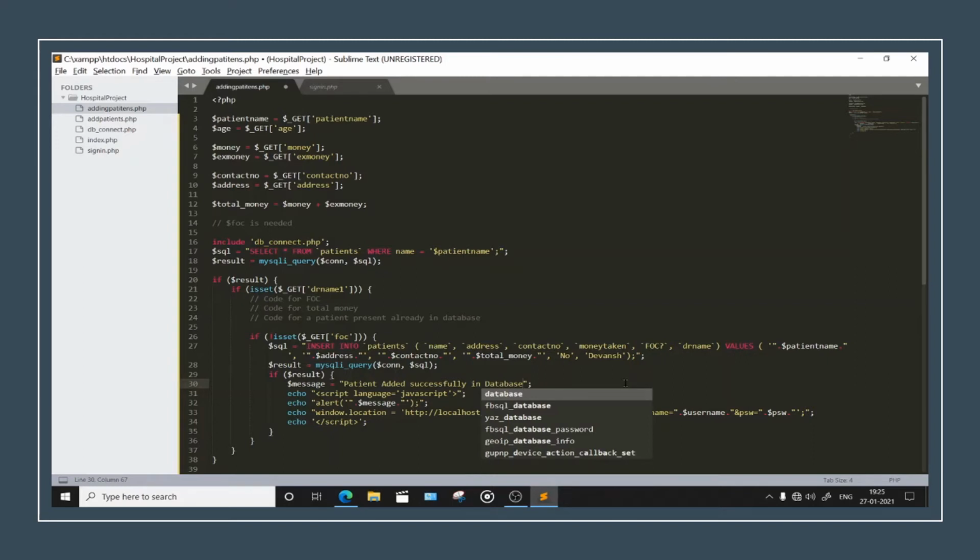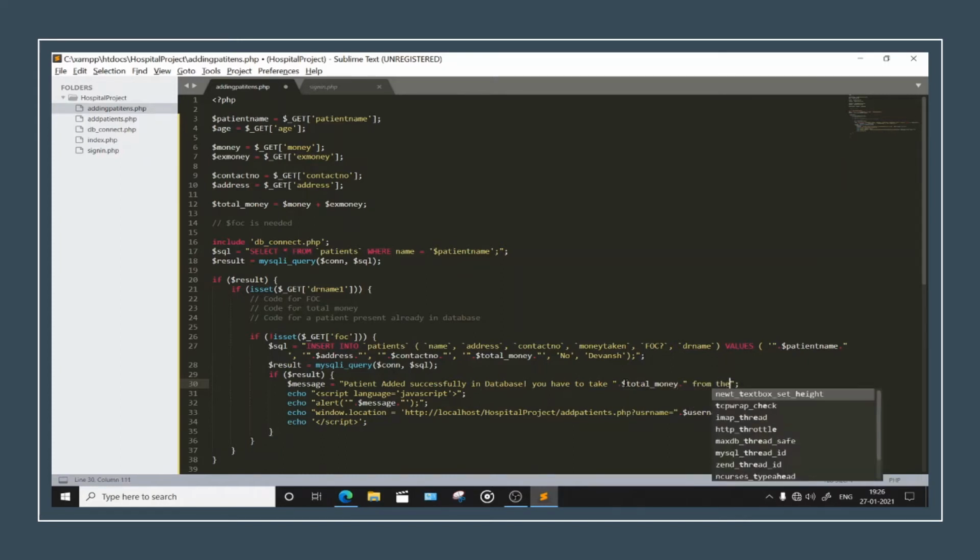Okay. Patient added successfully. You have to take dollar total money from the patient. Okay.